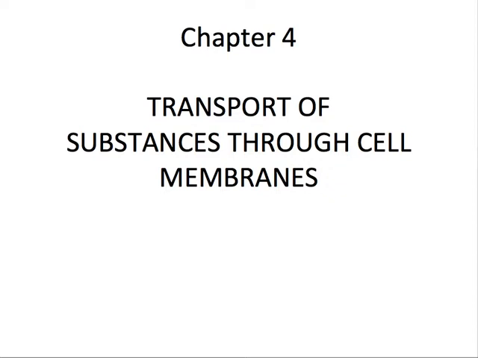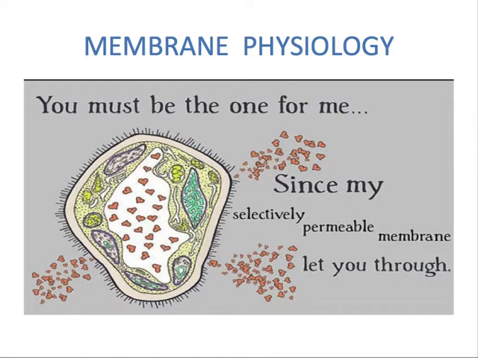Today we will start with chapter 4 of Guyton, which is about the transport of substances through cell membrane. First you should know the significance of these transport mechanisms across the membrane. That's why we have to look into the details of all these transport mechanisms, because my dear, membrane transport,